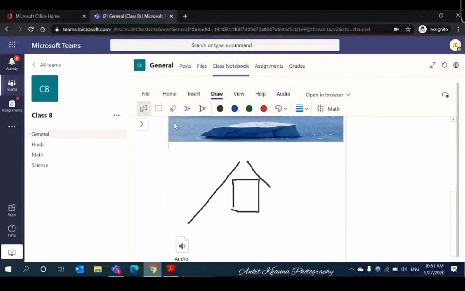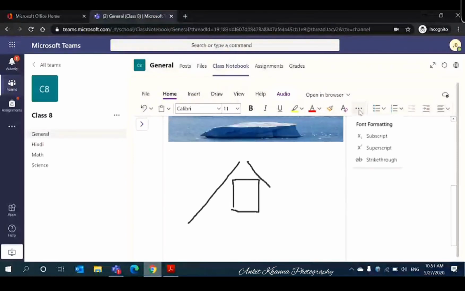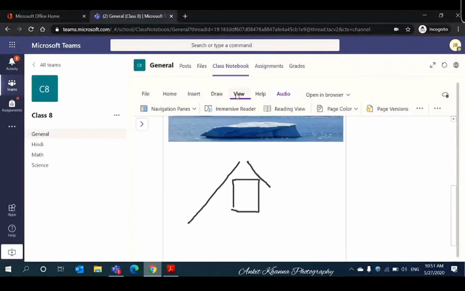So what I can do, I can just go to my home button and explore if that feature is available for me or not. So yes, it is not available for the student. There is one dictate feature available, which the teacher can definitely use. Yeah, so the teacher uses the dictate tool where she is able to add her text without typing.